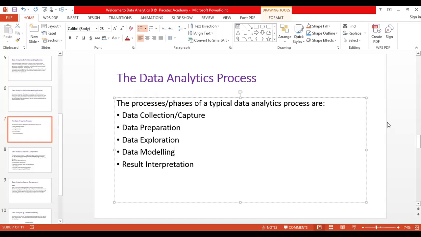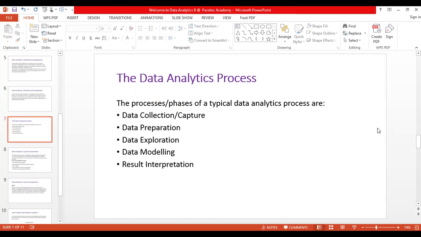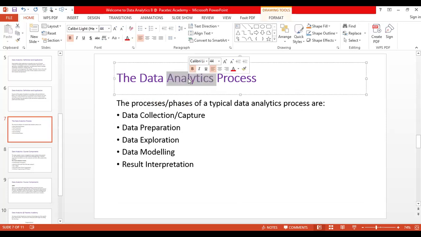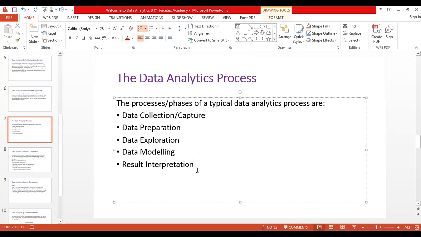Like I said earlier, analytics is a broad term. So there are different perspectives from which we can look at it. But we are trying to handle it from a deeper, stronger viewpoint,